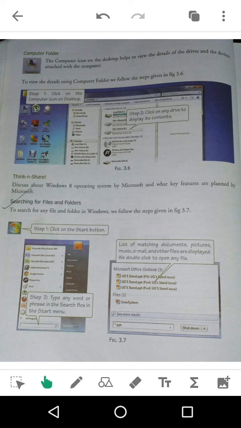Suppose you have music, photos, videos or documents in E drive, you will get to know them in this window or in this pane. Okay,